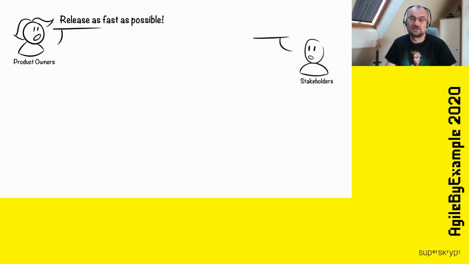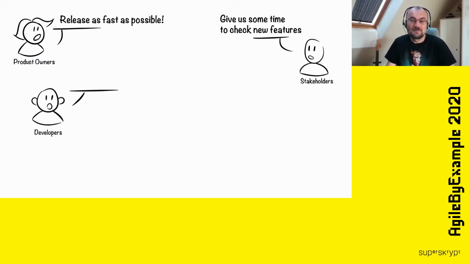We also asked stakeholders, the persons who worked closely with end customers. And they said, wait, not so fast. If we have something new in our application, let's give us the chance to see this feature before giving it to customers, because we need to be familiar with new changes in our application. We asked members of development teams, and they said, well, we don't really care how often we deploy to production, but we would like to know the rules. Please tell us what the rules are, because at the moment we are a little bit lost with all these deployments and procedures.